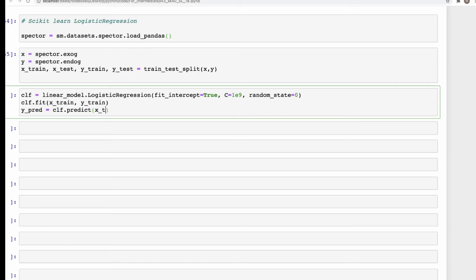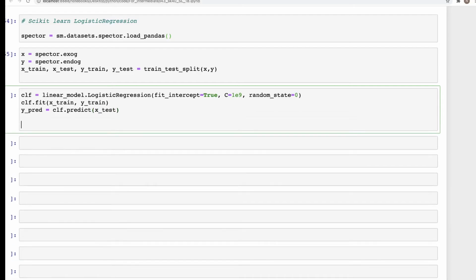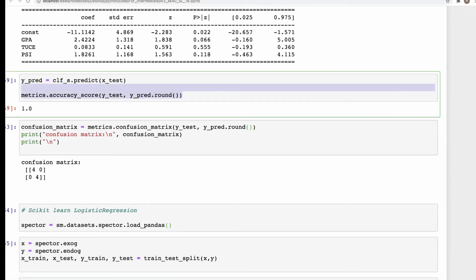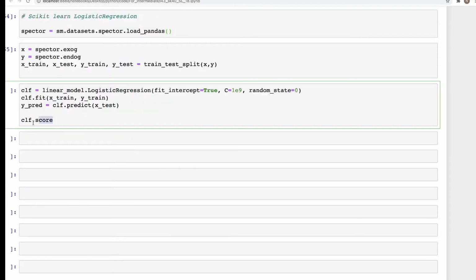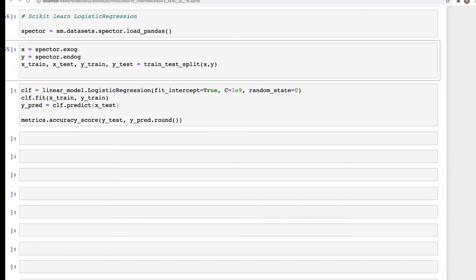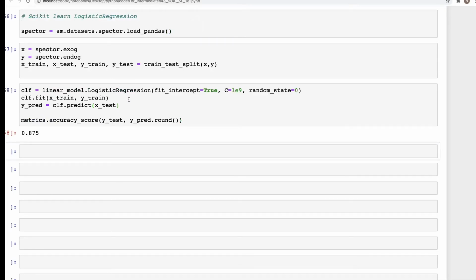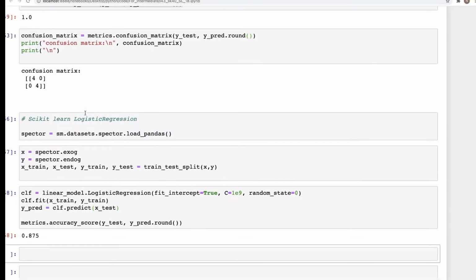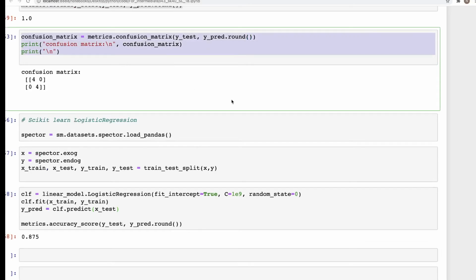and here we have X_test. Let's use the same metric, and here we can get the score with y_test and y_pred. So we go ahead and run this, we get an accuracy of 0.875, so a little less than what we have seen before. And again, if we plot the confusion matrix